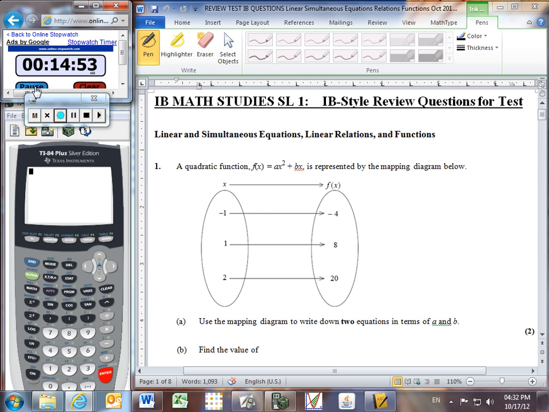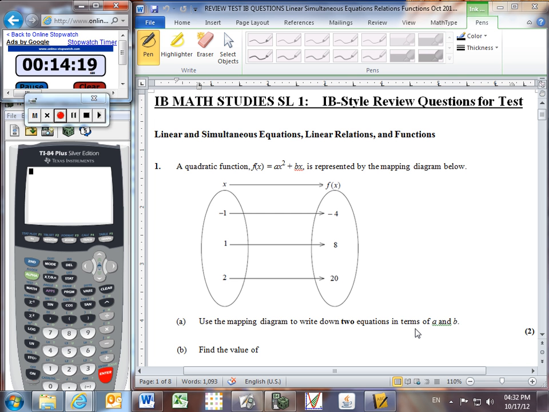Okay, so we're going to be looking at some questions to prepare for your test on linear equations, solving systems of simultaneous equations, linear relationships, and functions. So starting with number 1, we have a mapping between these x values and the y values, or the f of x values. So we can see that negative 1 has got an output of negative 4 when we put it into this function. And so we have to use the mapping diagram to write down two equations in terms